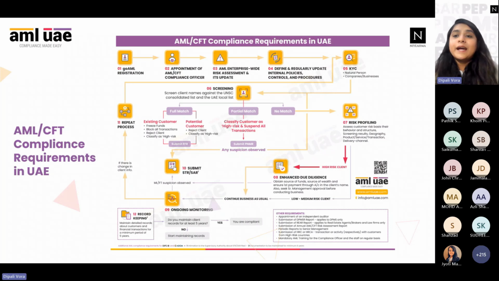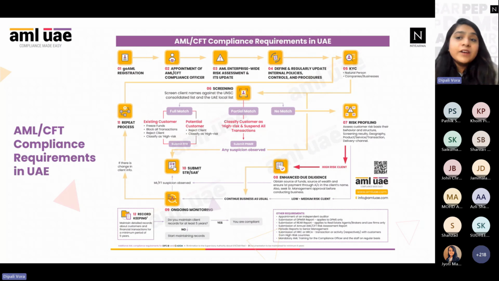Now, how we are going to practically put that into practice is by conducting KYC. When we onboard any customer, it's our responsibility to understand who that person is, develop an identity or get their ID documents, and create a profile of that person. What all documents we will seek, we will look at in the upcoming slide. Once you have the ID documents, you will be in a position to screen that person.